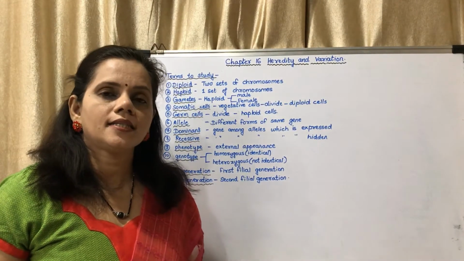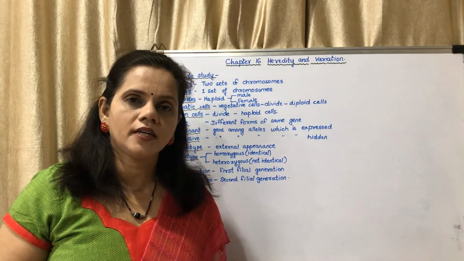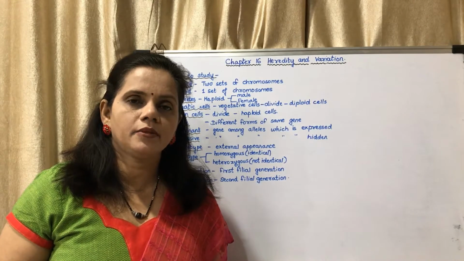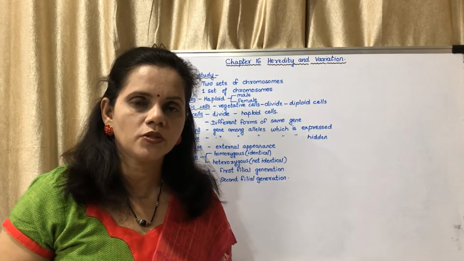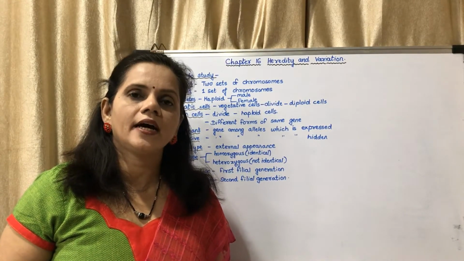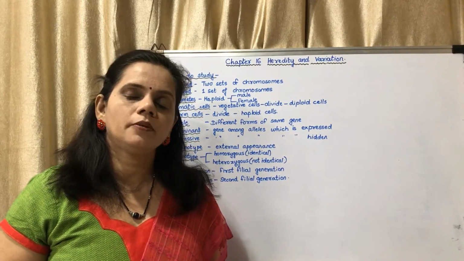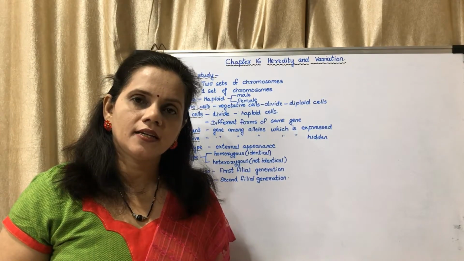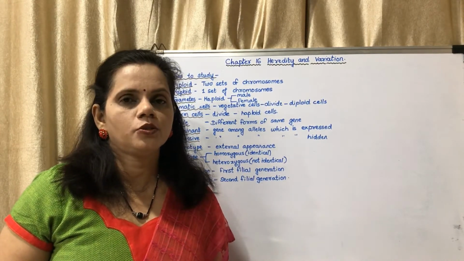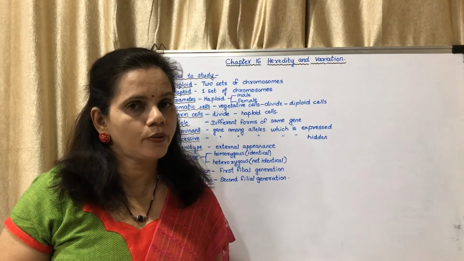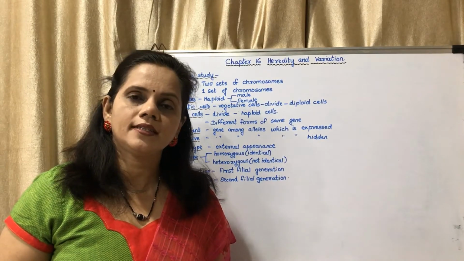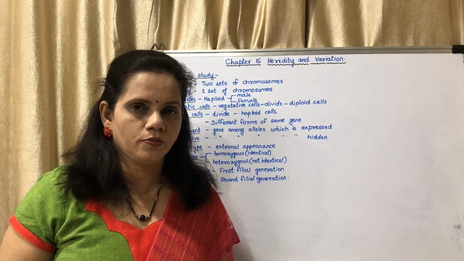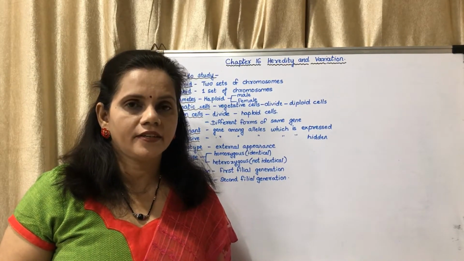Now in the other lecture I had told you about a figure which you had to see, 16.8. In that diagram they have shown the karyotype of chromosomes. Chromosome number 1, they are 2 in number. Chromosome number 2, they are 2 in number. How many chromosome number 3 are there? There are 2. How many chromosome number 20? There are 2. How many chromosome number 23? There are 2.